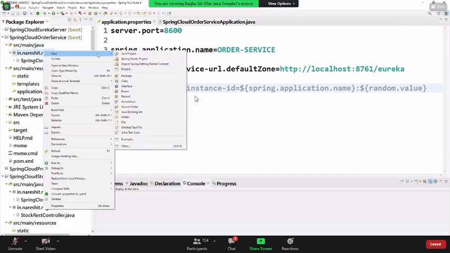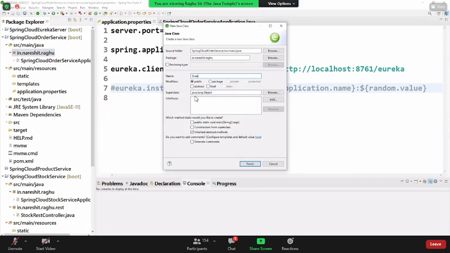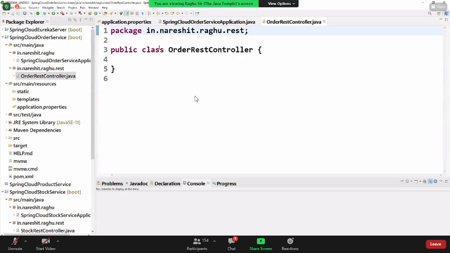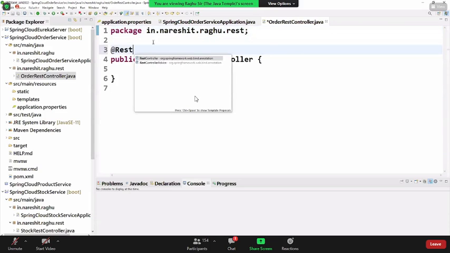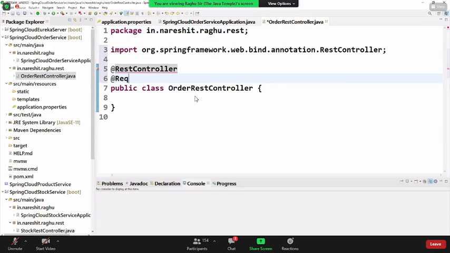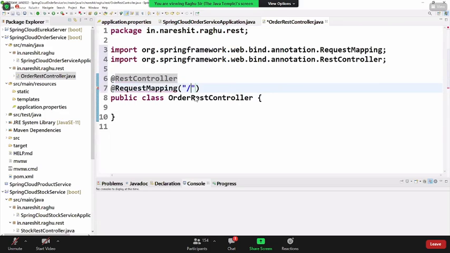Okay, here also I'm writing one class, order rest controller. Slash order.